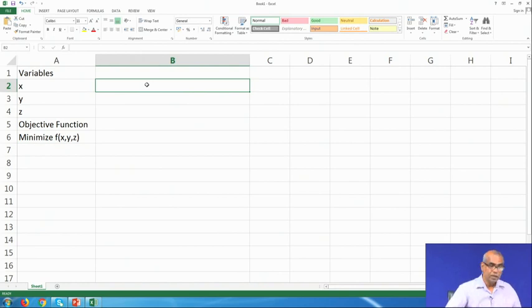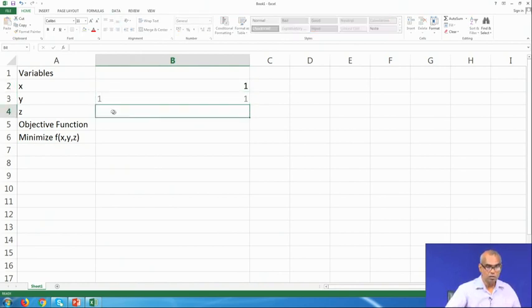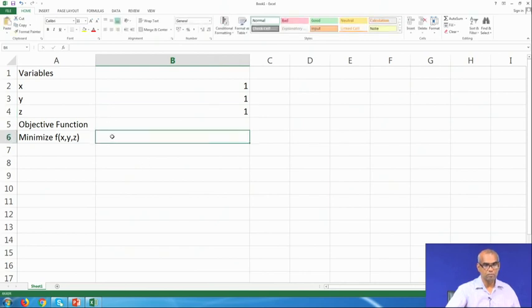Let me give the initial values 1, 1, 1. We have to now write the objective function.